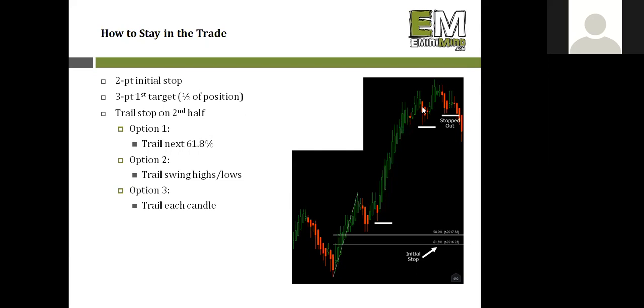So rather than freaking out and just closing out of the position because it started to move quickly, at the very least, get super aggressive with your stop, put it 2 ticks below each candle, and if it runs another 5 points, you might catch 4 of those 5 points. So it's a really helpful way to